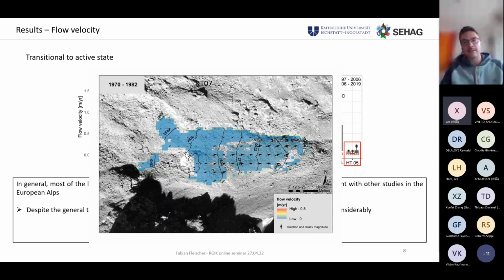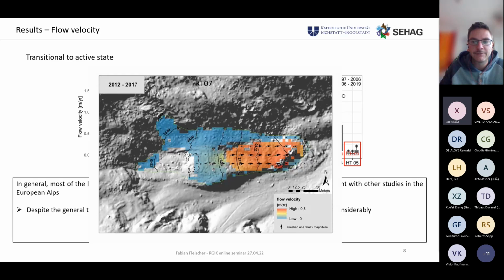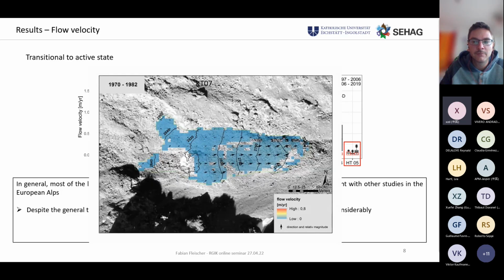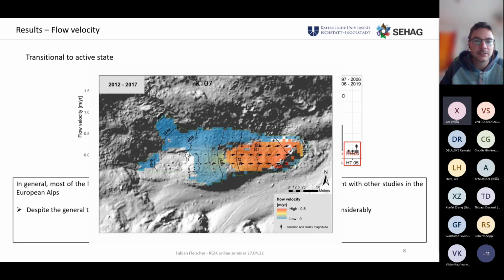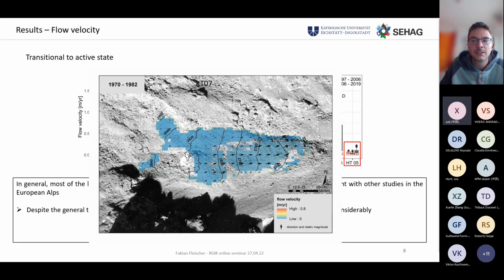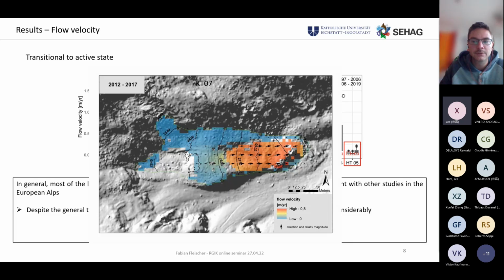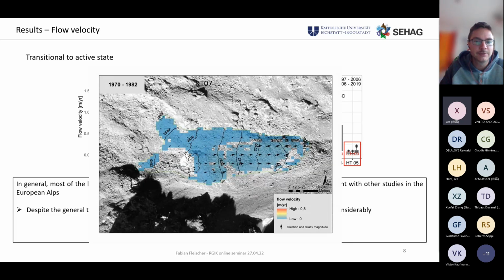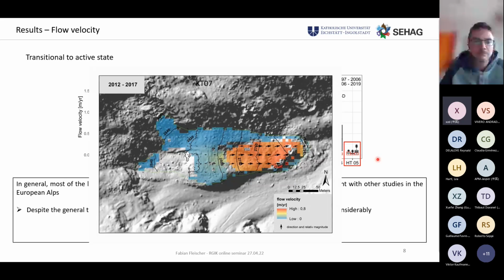Here in this example, we see the rock glacier Kaunertal 7, which showed area-wide flow velocities of less than 10 centimeters until 1997. From this time onwards, it accelerated and showed flow velocities of more than 50 centimeters. This area of the